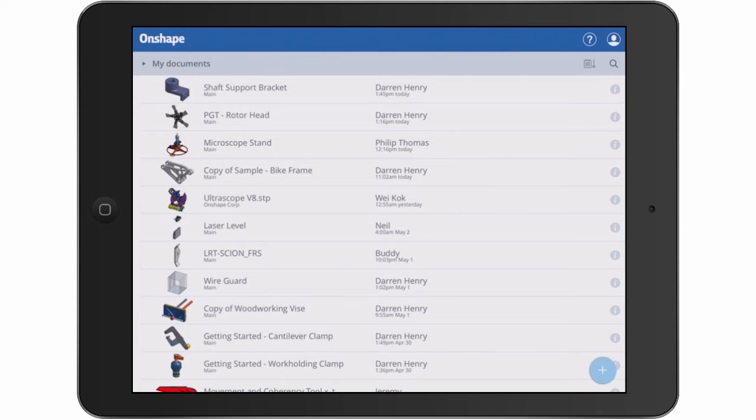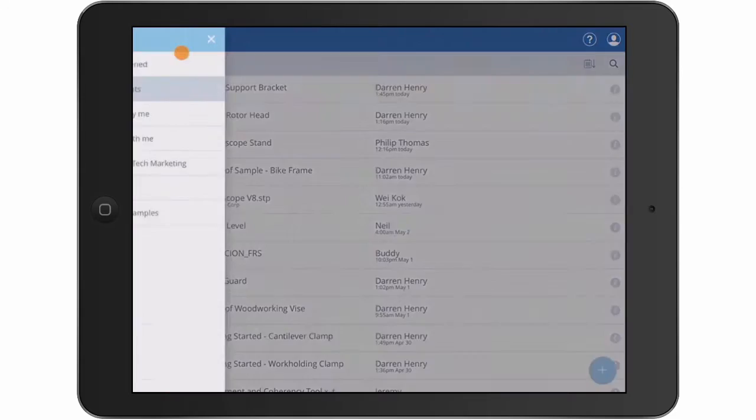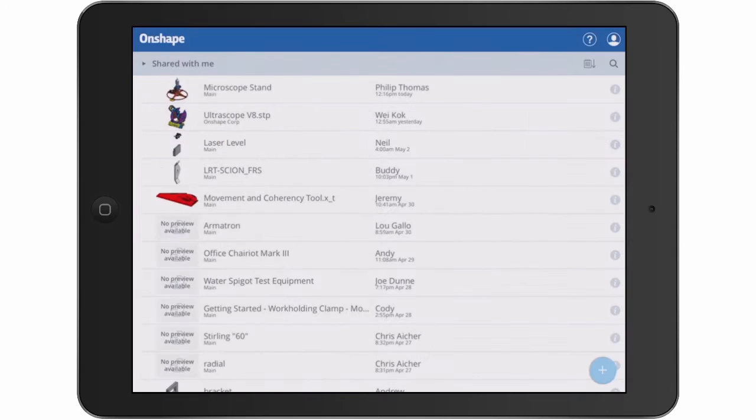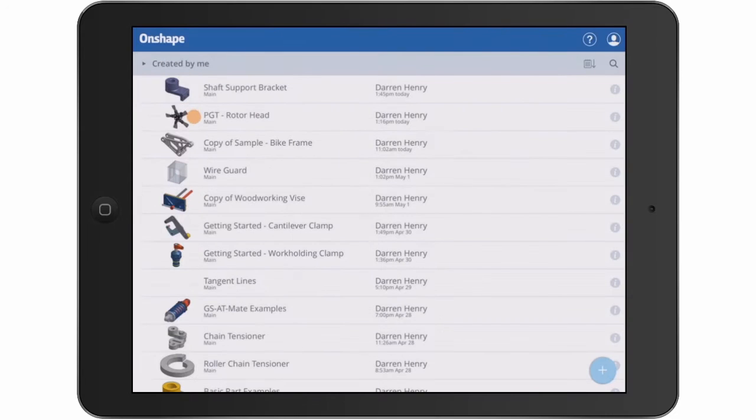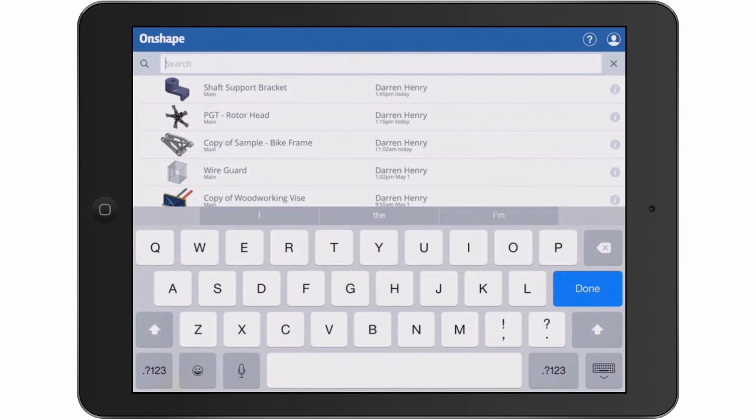Now once you're logged in to Onshape, you'll see a Documents page. Two common actions from this page are to either start a new document by tapping on the plus sign at the bottom right, or open an existing document by simply selecting it. Now you can also click My Documents and filter the list further, or click the search icon to find a